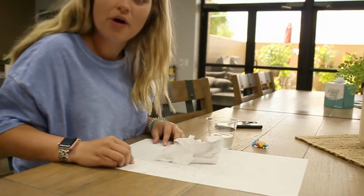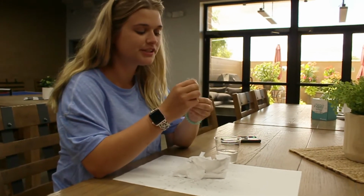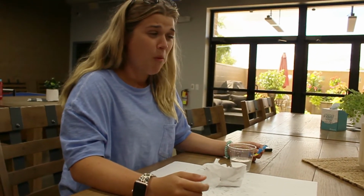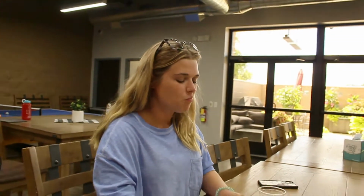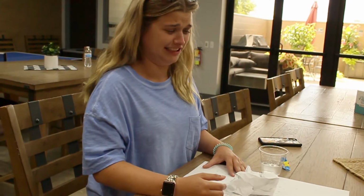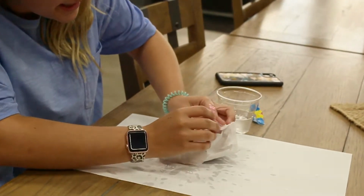Okay, step 4. This is where the gum comes in. So first, you're gonna wanna chew the gum. This is a super fun part. And this gum is really stale. It's the best part. Okay, so once you get your gum super chewed up and nice and squishy, you're gonna use it like a paste, like glue. Okay. And here goes gum. And you're just gonna stick it